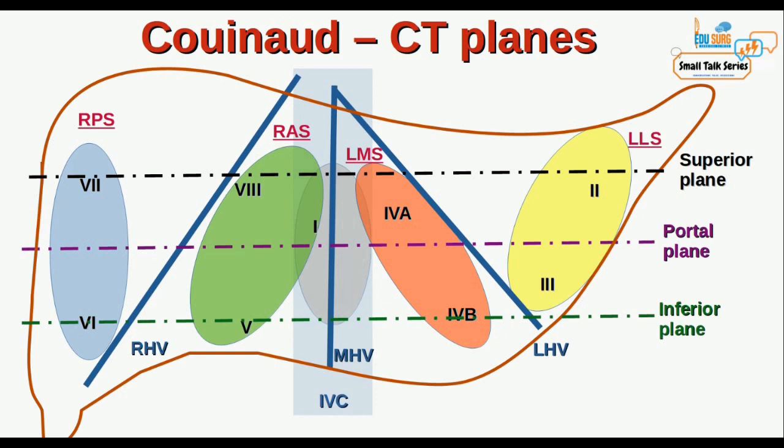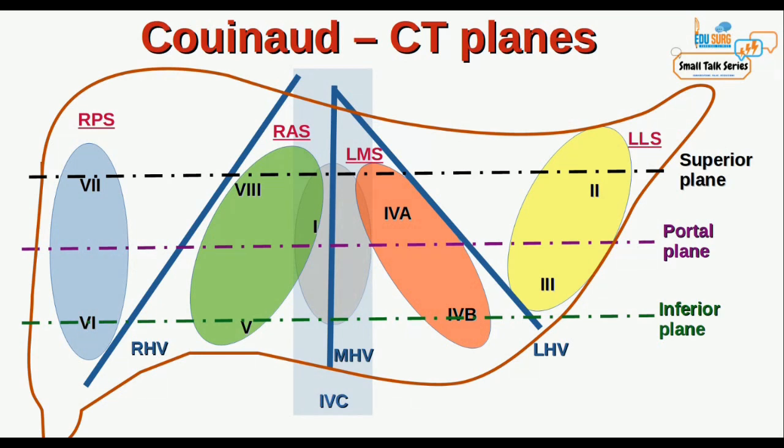So now how do you identify these planes? The portal plane, as we all know, is the bifurcation of the portal vein into right and left. However, this plane is not perfectly horizontal. When you see a scan, it is slightly oblique, and the plane above the portal plane gives you segments 2, 4, 8 and 7, and the plane below gives you 3, 4, 5, 6 in clockwise direction. And the caudate, as I already explained, comes between the middle hepatic vein, the portal vein and the inferior vena cava posteriorly.